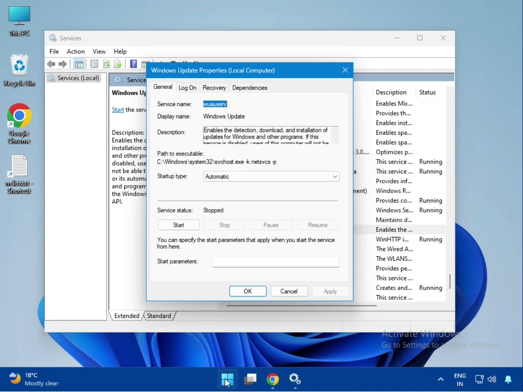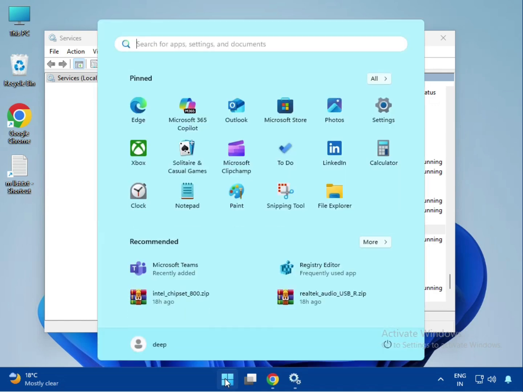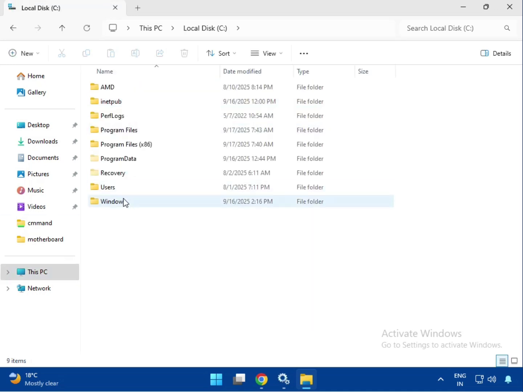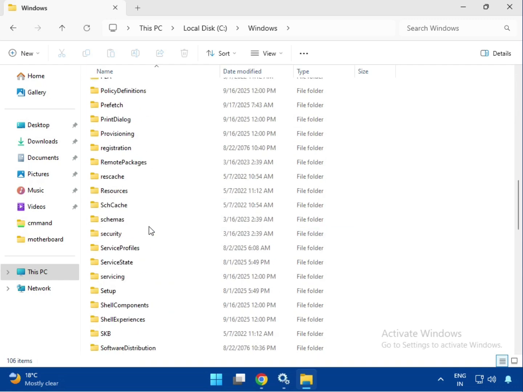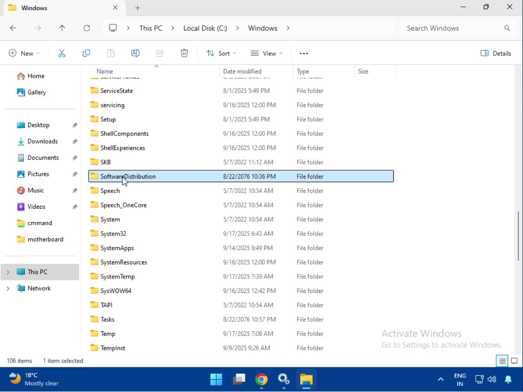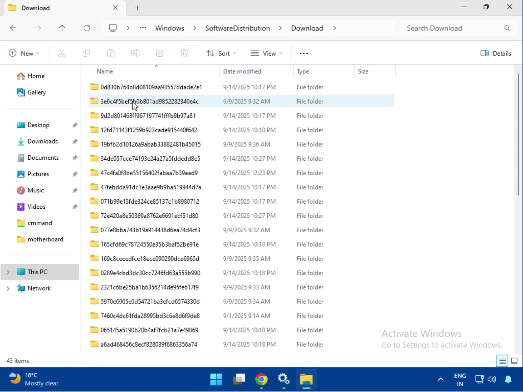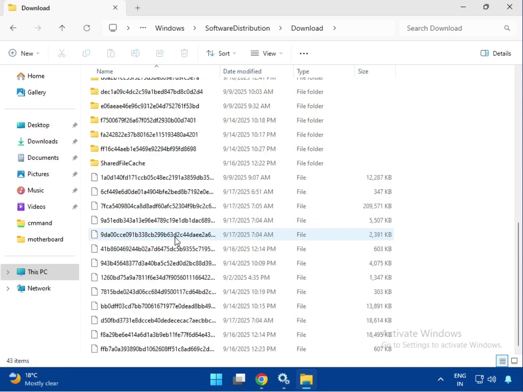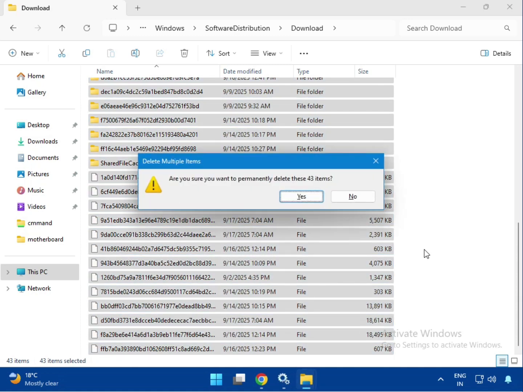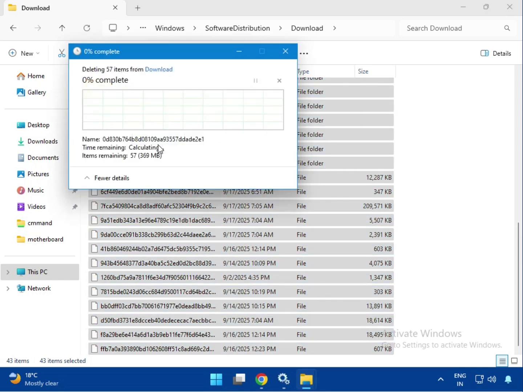and then open C drive, This PC, C drive, Windows, SoftwareDistribution, and then go to Download. So this is your Windows update cache, so you need to delete all, select all and Shift Delete, and then hit OK to continue,